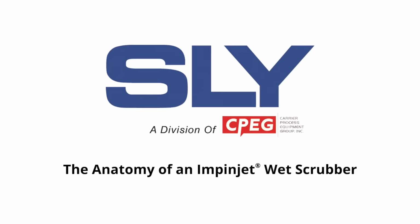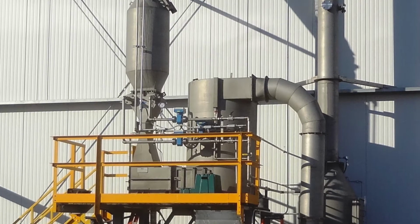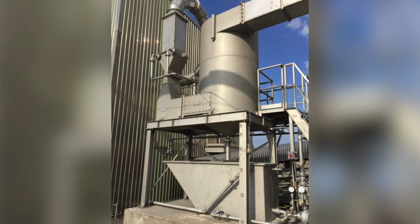What's an Impinjet Wet Scrubber and how does it work? Today, we'll offer a quick overview on wet scrubbers in general, as well as on the anatomy of an Impinjet Wet Scrubber. Wet scrubbers come in a variety of types and shapes, but the purpose of all of them is